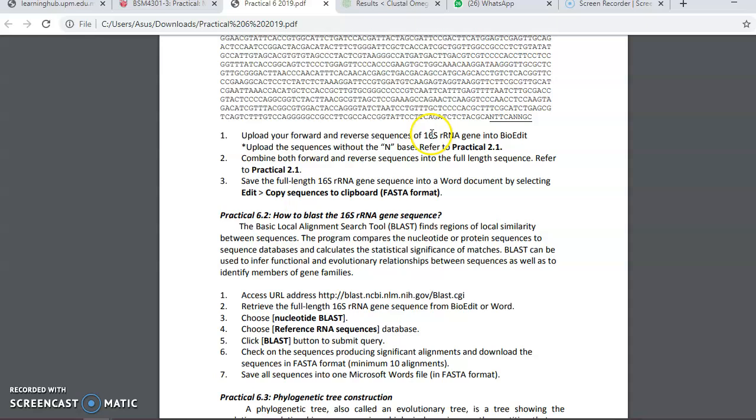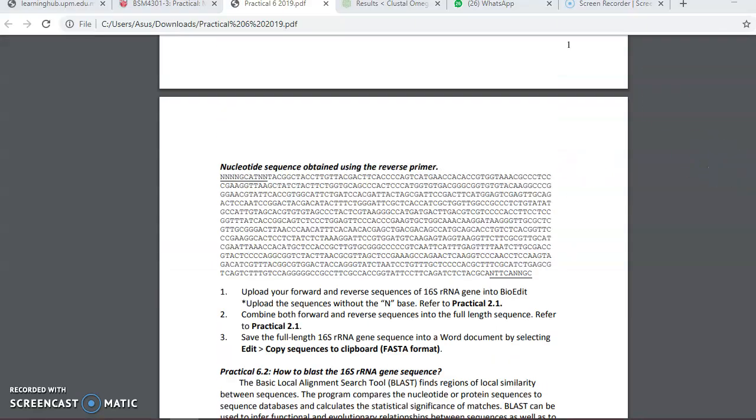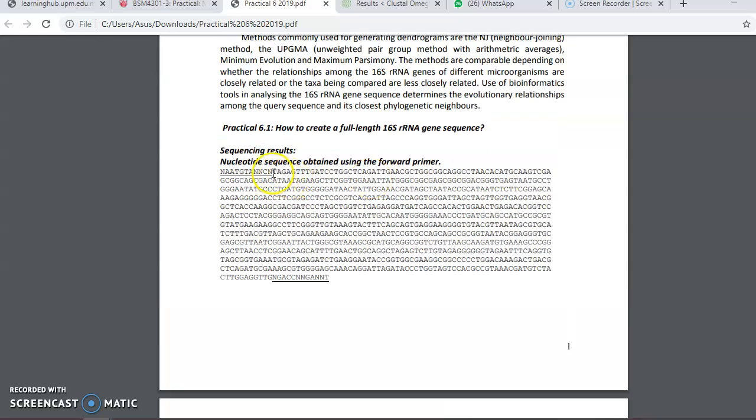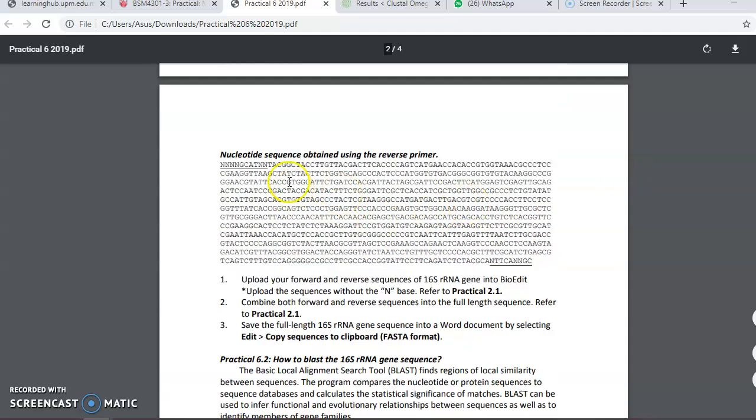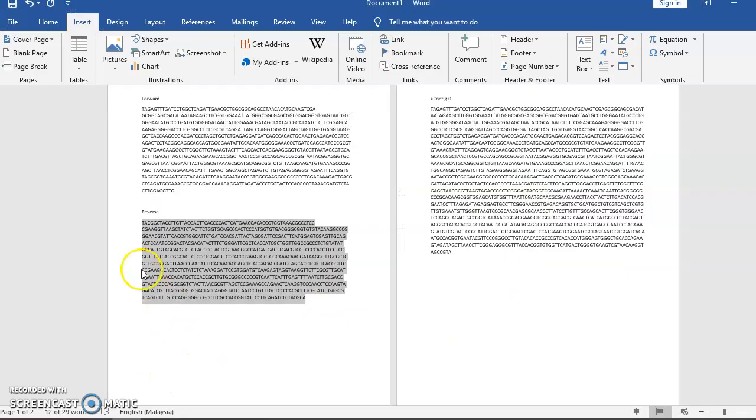Firstly, upload your forward and reverse sequence of the 16S rRNA gene into BioEdit. Okay, like usually we will not take the end one, so we will take after the end. Okay, so here the end is underlined, so we take the one that is not underlined. So for forward, I will take from T to G here, and for reverse, I will take from T to A here. Okay, to make it easier, I put it in Word. So